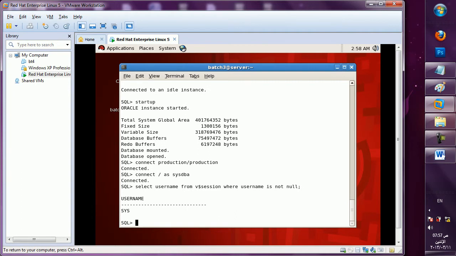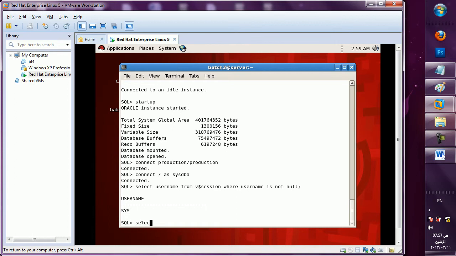If you open a new terminal and connect production, you can easily see production is in use. Don't go for that. And production is connected with which tablespace? You can see that in DBA tablespaces and DBA data files, there you will find which schema is connected with which tablespace. I have shown you which tablespace is connected with which data file and schema, table name, DBA extents, all the things we have seen in tablespace management.